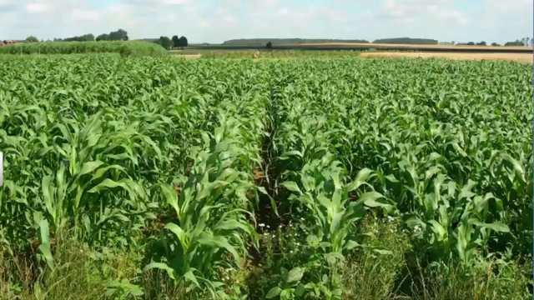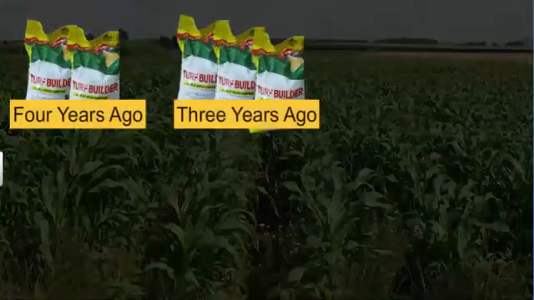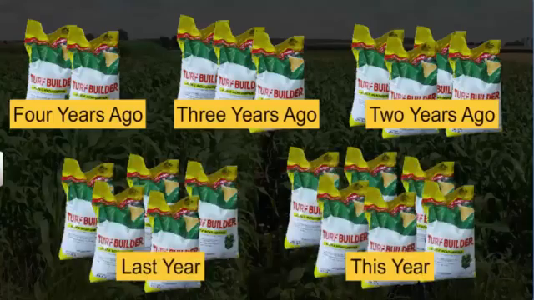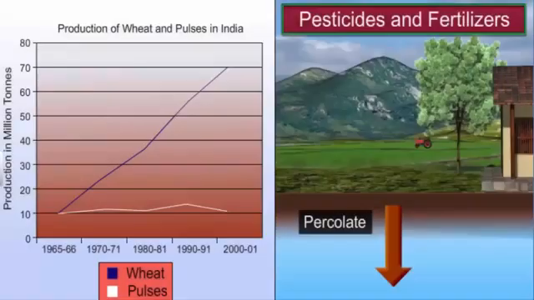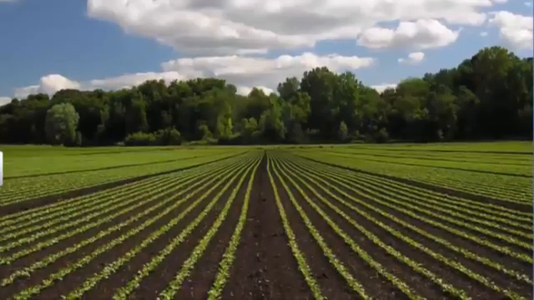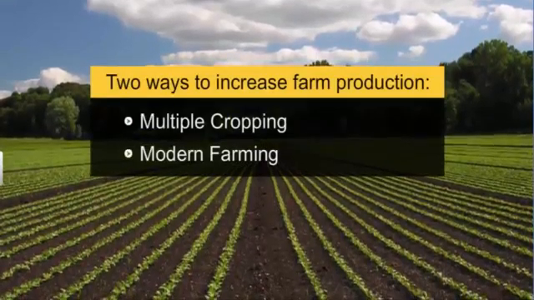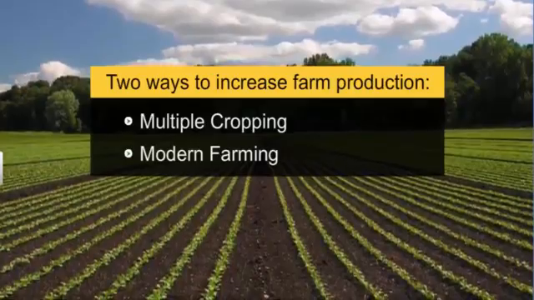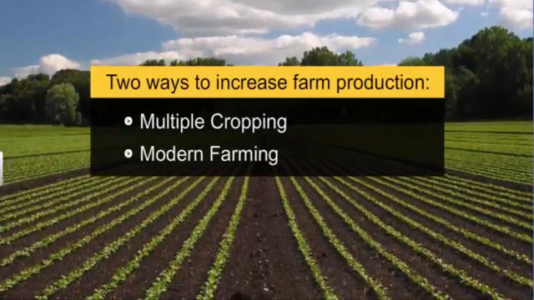With decreasing soil fertility, farmers are forced to use more and more fertilizers to maintain their production levels. This is increasing the cost of production for farmers and decreasing their income. Thus, we need to adopt modern farming methods with care for sustainable farm production. We have discussed multiple cropping and modern farming as two ways to increase farm production. However,